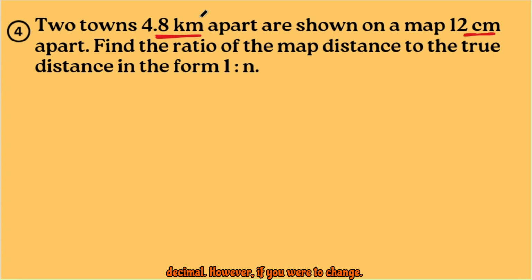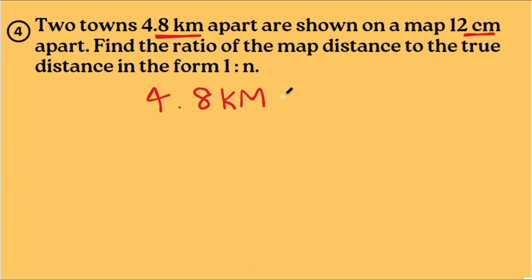However, if we were to change kilometers into centimeters, that would change 4.8, which is a decimal value, into a whole number. So I'm changing from kilometers into centimeters. So 4.8 kilometers is equal to 480,000